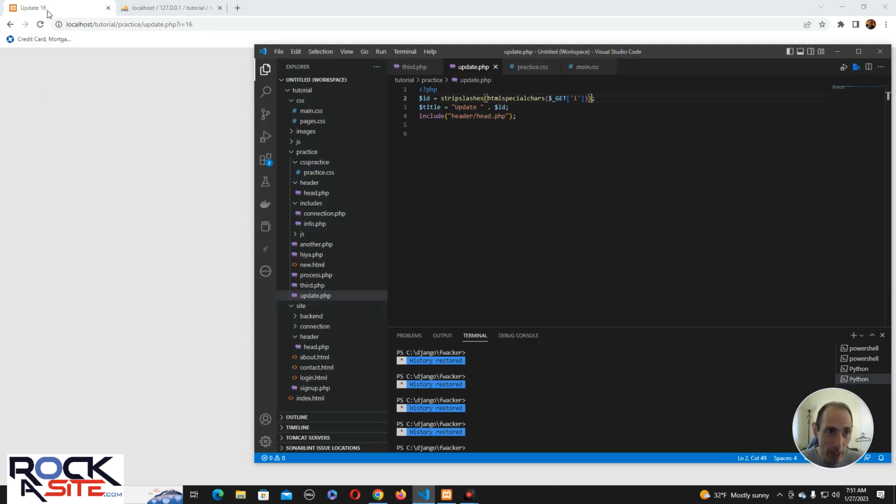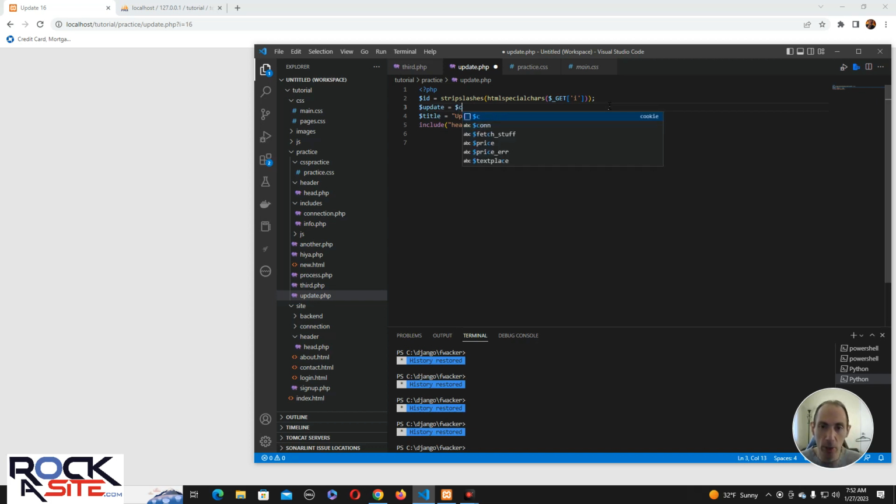You can see it here, we have this. So after we get it, we have the ID now, so we can run a query to get the information that's already in there. And of course, we've done queries before. So we'll say update equals